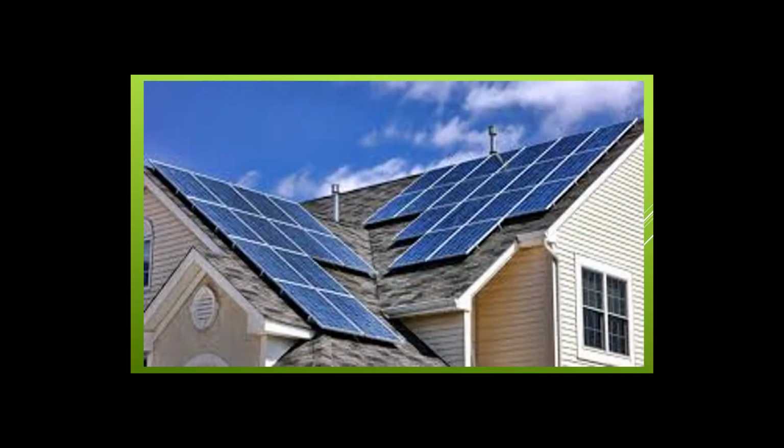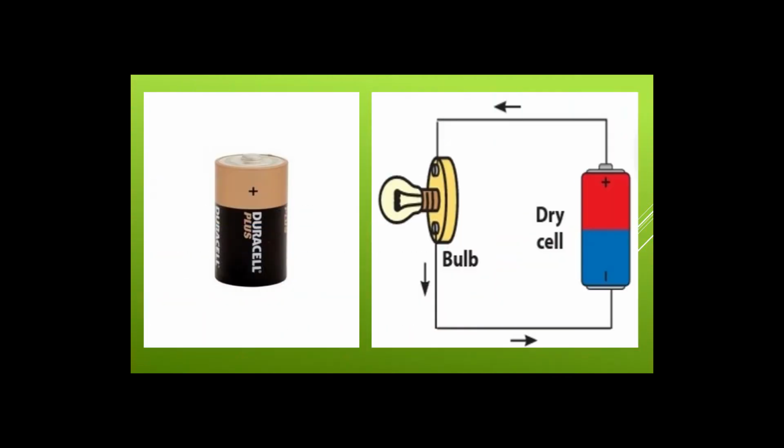Solar cells. When sunlight falls on solar cells, electricity is generated. Solar cells have been identified as a very economical source of energy. Large solar panels are made out of a collection of small solar cells. The terminals of the cells and batteries are named positive and negative. A current always flows from the positive terminal to the negative terminal.